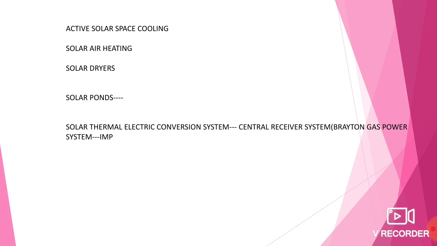So, what is solar thermal electric conversion? The conversion of solar energy into electricity by way of thermal or heat energy is called solar thermal electric conversion. Here heat can be converted directly into electrical energy by solar cell or thermionic or thermoelectric methods, but these techniques may not be suitable for use with the sun generated heat.